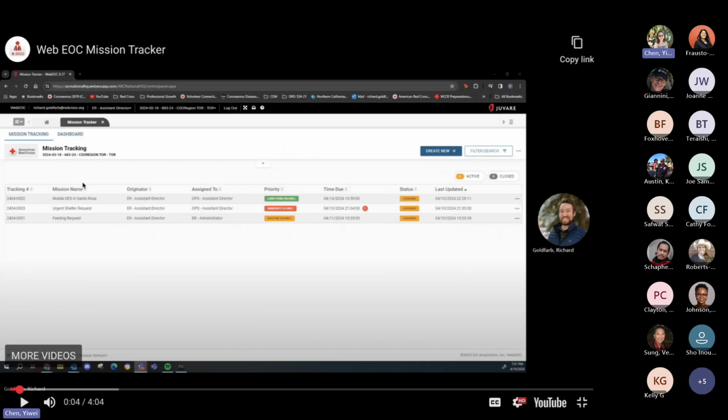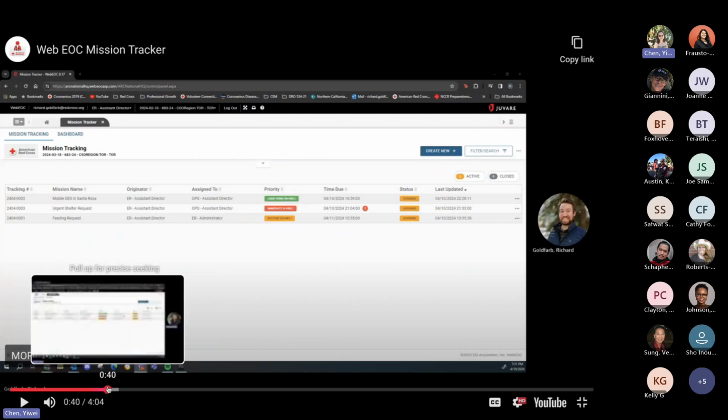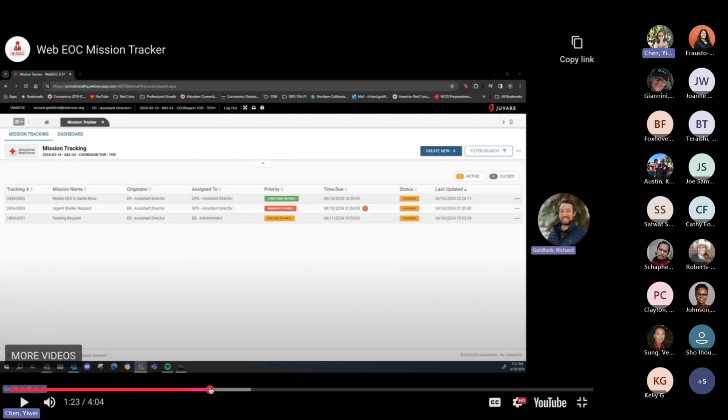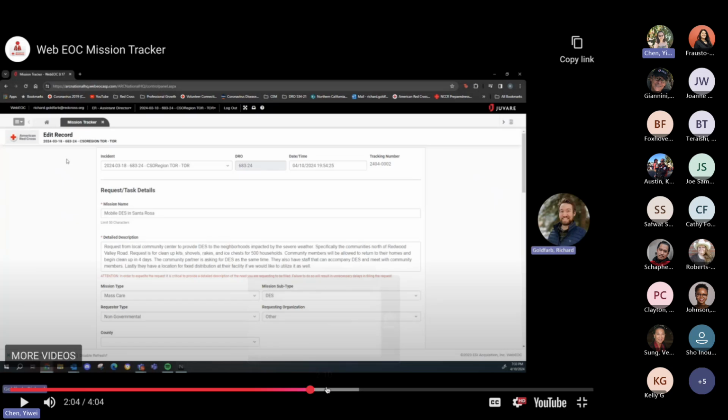So this is the mission tracker, and pretend this is not the mission tracker, this is the SRT referral. You will see what the client name is, who it is assigned to, the priorities, the timeline, the status. Then inside, it tells you what incident it is, when it was created, and the detailed descriptions of what they